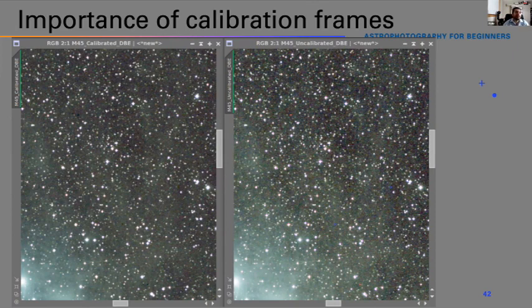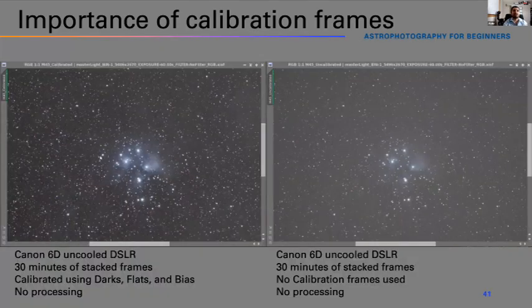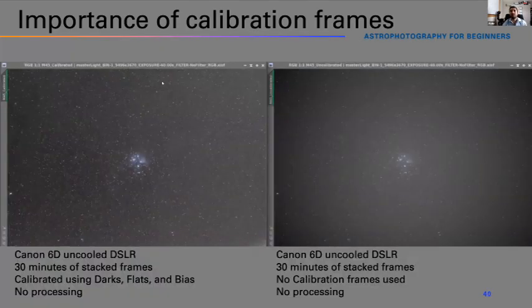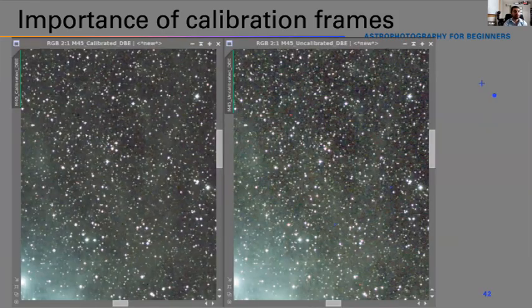The other thing you will notice is that there is less overall noise in the image on the left compared to the image on the right, because the dark frames do reduce noise as well. The difference isn't very noticeable. It's fairly subtle, but it's there. And then lastly, as you saw, the flat frames corrected the calibrated image much better than the completely uncalibrated image. So there's no darkening on the edges, or not as noticeable.